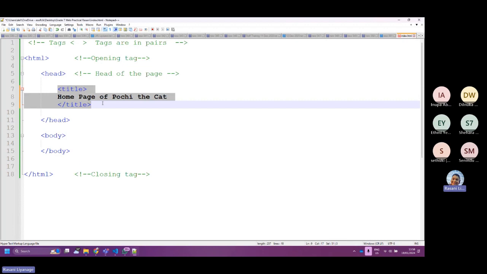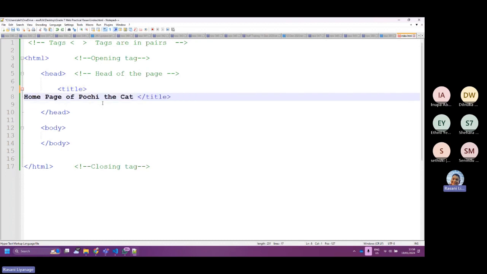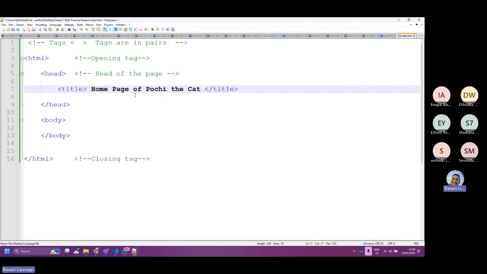They don't consider how we write. What they do is, based on the way we write, they will show it. So usually we write the title like this, on one line. Got it? Yes, madam. Thank you. If it's a single line, you write it on one line. Okay, so quickly do that.